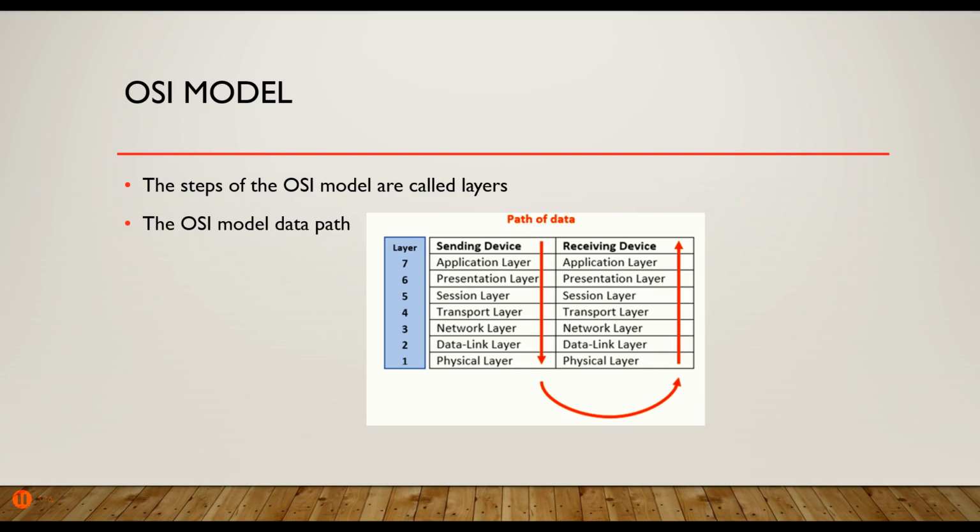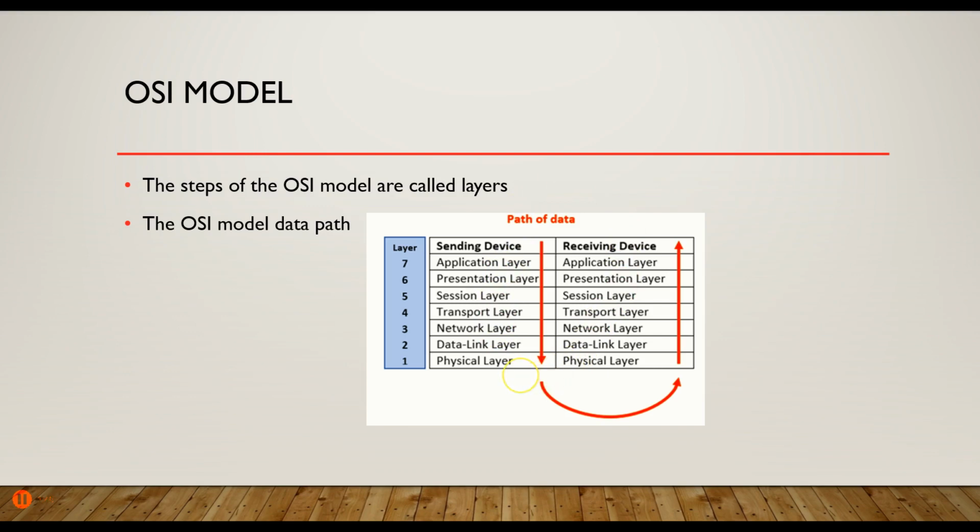Those steps in the model are actually called layers, and as data moves from the application in one computer, as you can see in layer 7 on the sending device, we have the application layer. Data is being generated by some application, and that application then passes that data on to the application layer protocol for whatever type of data it is.